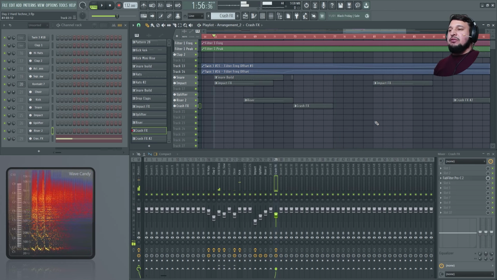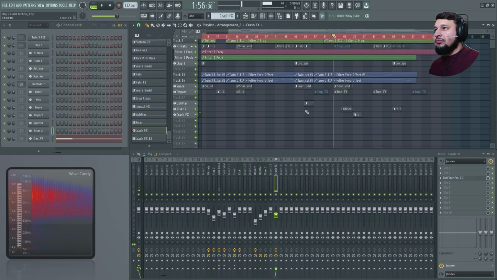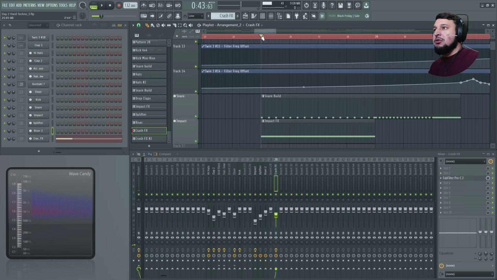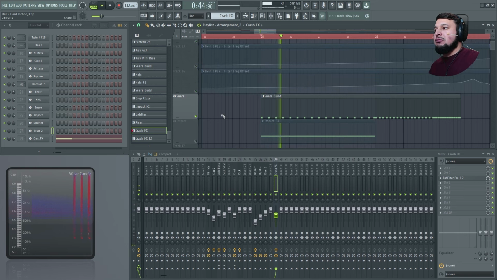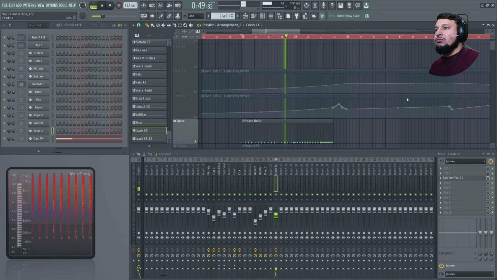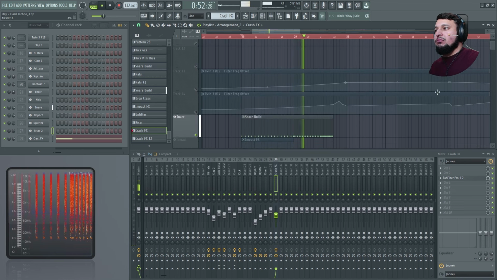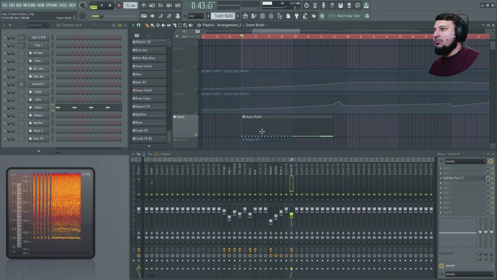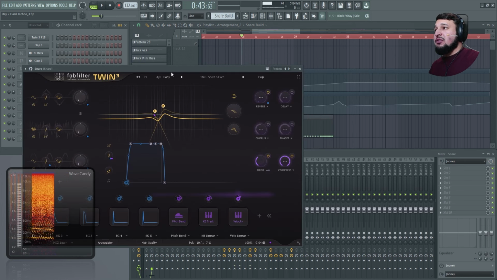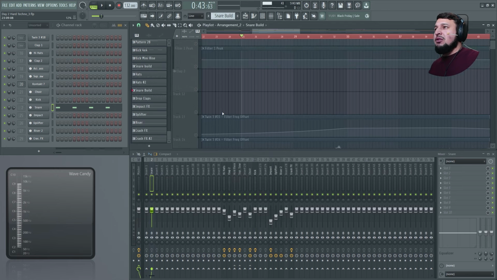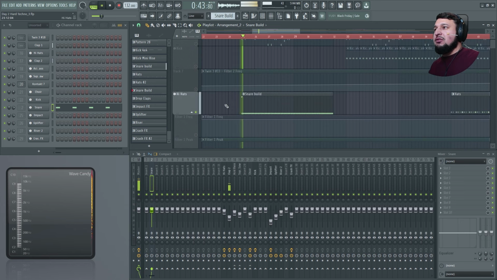That's definitely a lot smoother of a transition. Along with that, I also added some snares right here that are a lot harder. This is based on some other presets that I've made before, so if you want to see these, go check out the drum emulation video that I made. And before I had these,